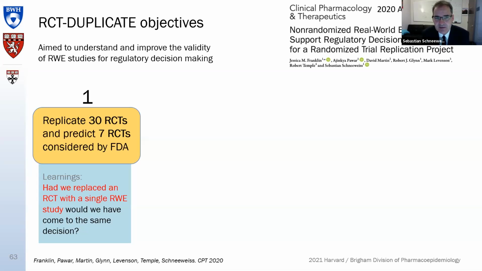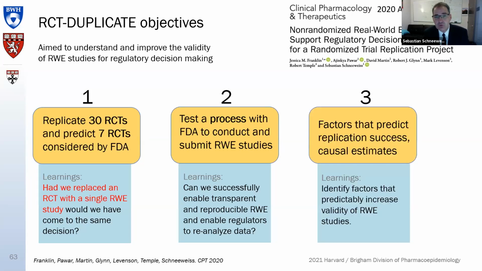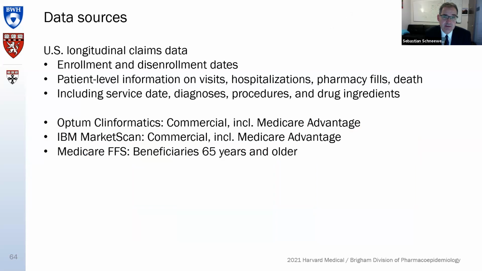As you see already, the single real-world evidence study and single RCT is making the stakes quite high rather than splitting this. We wanted to develop a process of how to do these emulation studies and how to share the findings with a stakeholder like the FDA and allow the FDA to do sensitivity analyses on their own, like they're used to when they're getting randomized trials submitted. And we also, of course, in the longer run, not talking about this today very much, identify factors that get us closer to the RCT findings.